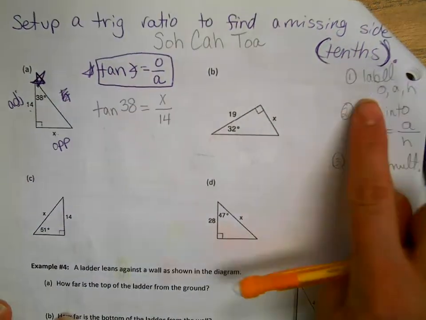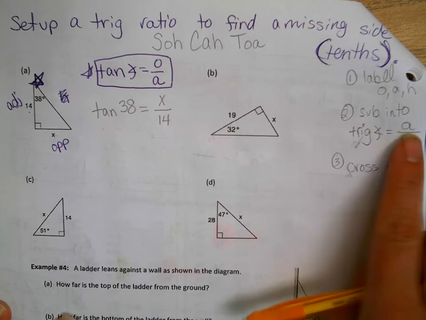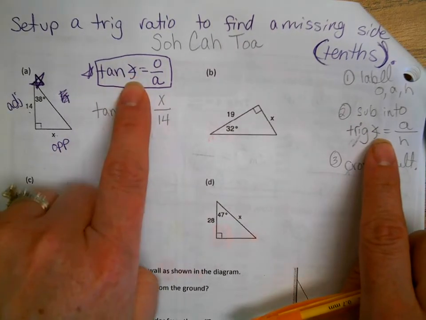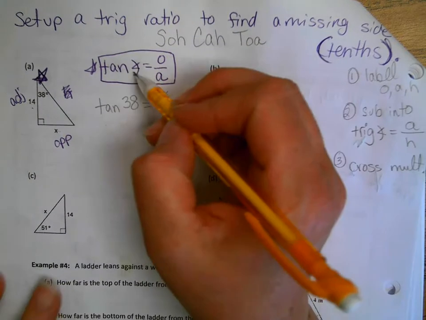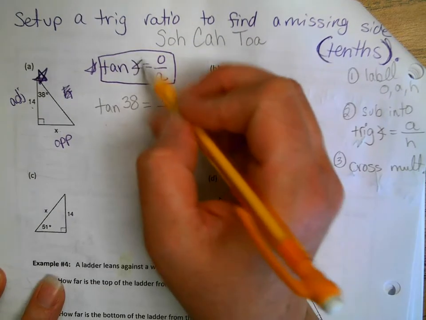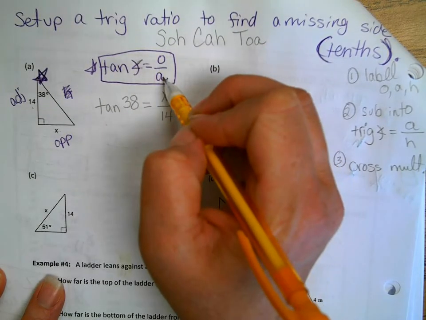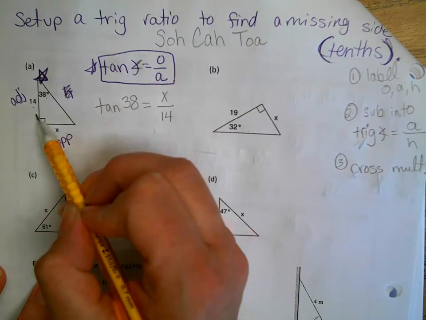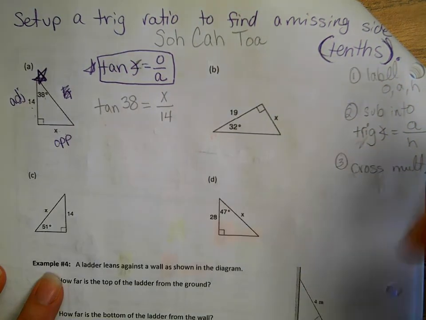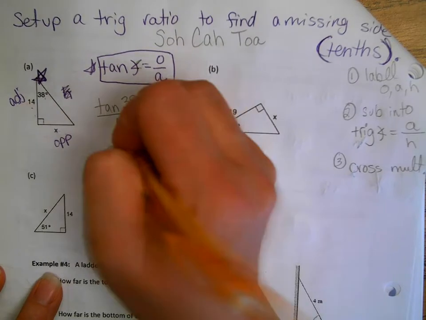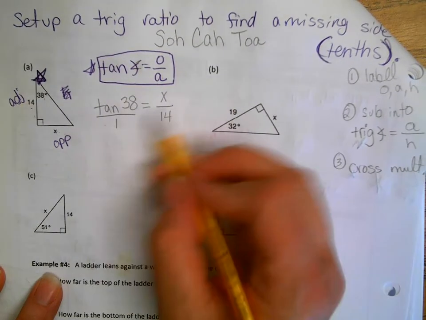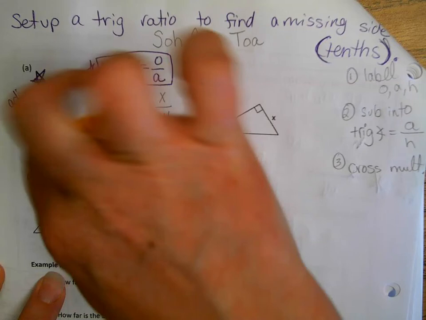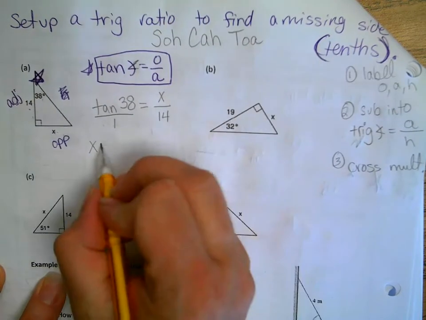So again, I've labeled my O, my A, my H. I've now substituted into my trig function, tangent of the angle measure equals opposite over adjacent. So notice there's three pieces, the angle measure and two different side measurements. Well, those are the three things in my picture, the 38, the x, and the 14. Now we cross multiply. So put this over 1. So when we cross multiply, we get x times 1, which I'm just going to leave as x, equals